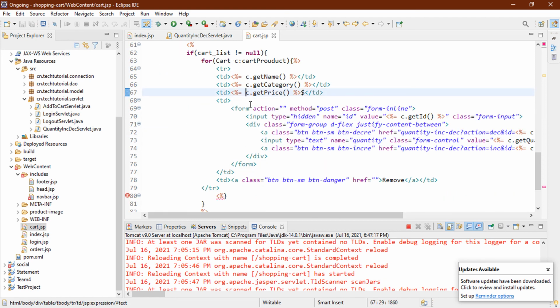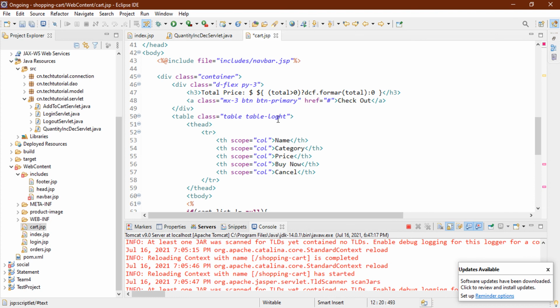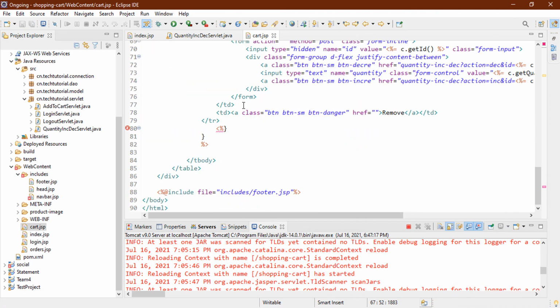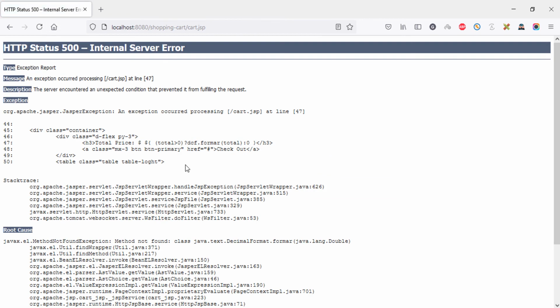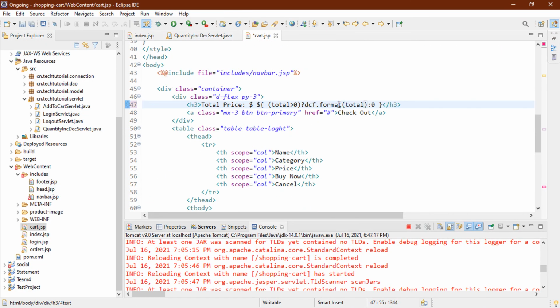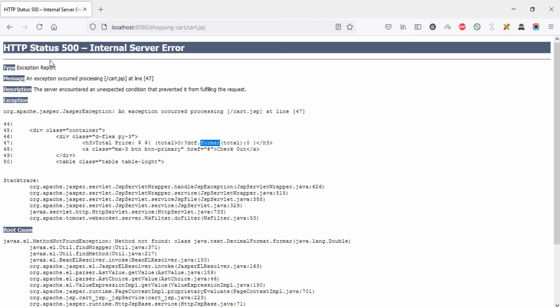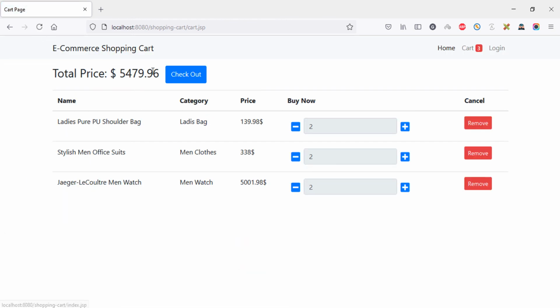Here we can say dcf.format, and for the double number, just cut it with Control X, go to the price section, paste it here, save it, go back to my browser and refresh, and we got an error. What is the error? Line number 47, total price, total dcf. Oh, we made a spelling mistake. Control S. Now refresh. Wow, it seems to be working perfectly.